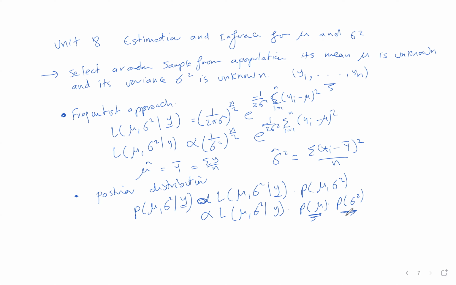The solution is you get the conditional distribution of mu and the conditional distribution of sigma square. It means get the distribution of mu that depends on sigma square, or assuming sigma square is known, and get the distribution of sigma square assuming mu is known. In this case, you will find the posterior distribution of mu,